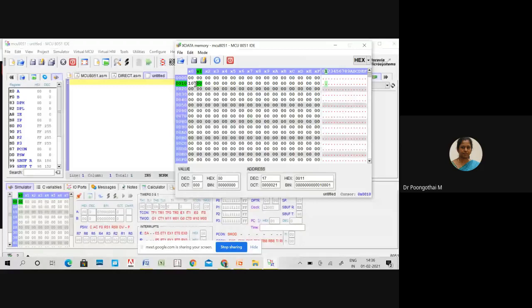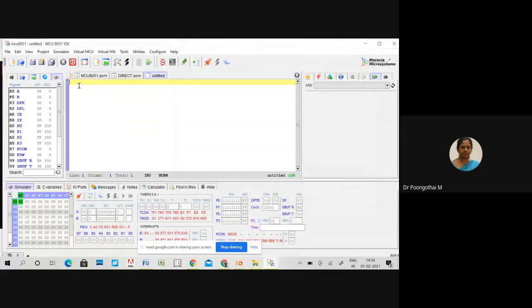Your first instruction will be MOV DPTR, #0010, with a 16-bit value. What is the meaning of the first statement? MOV DPTR, #0010. Is that 0010 an address or data?